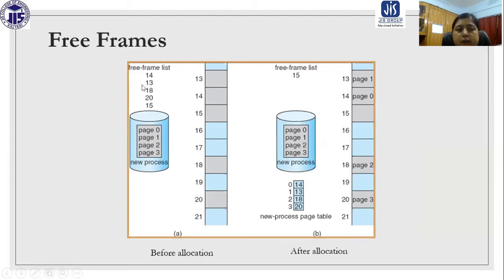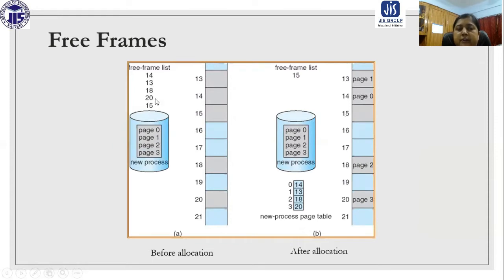Now for page 1, 13 is the next in the list. So page 1 is going to be fitted in frame number 13. Then for page 2, the next one is 18, so page 2 is fitted in frame number 18.